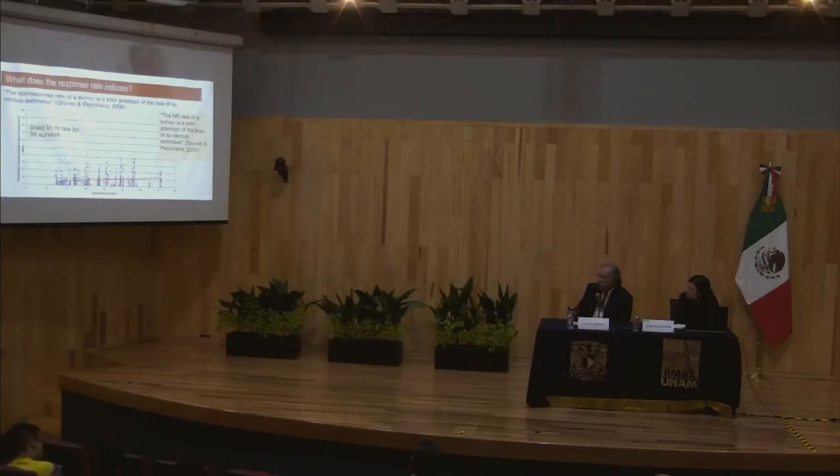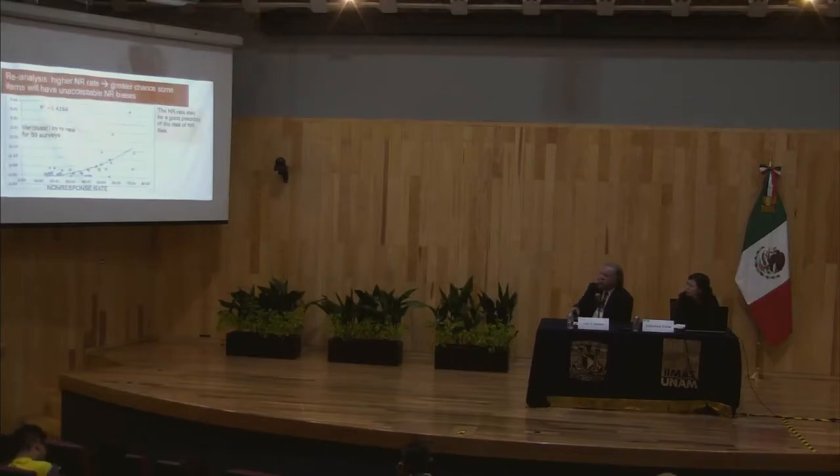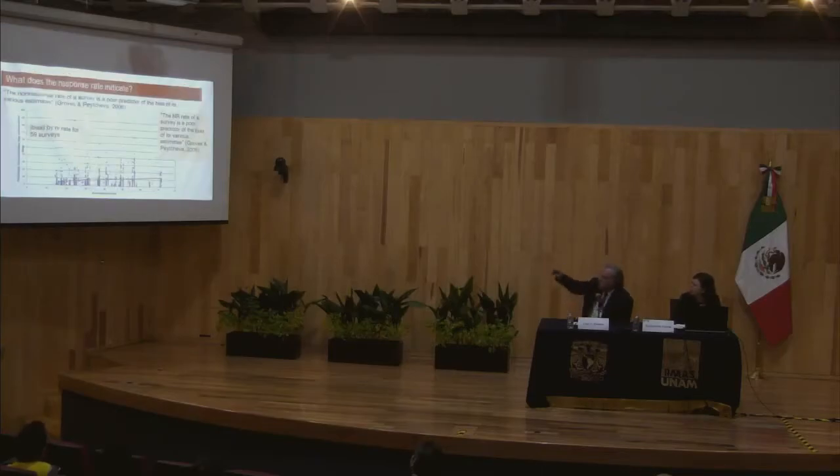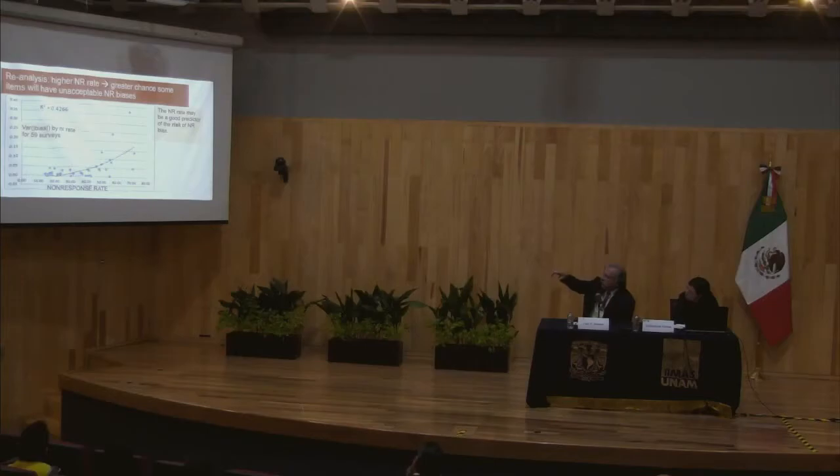But I would suggest that it does predict the risk of bias. And here's the same data, and what we did here basically is just fit a very different model. What we did is look at the variance of the biases. So if you go back to this slide, those dots at each point on the x-axis, there's a column of dots. And if you look at the variance of those dots, what you find is that as the non-response rate goes up, the variance of those dots gets larger.